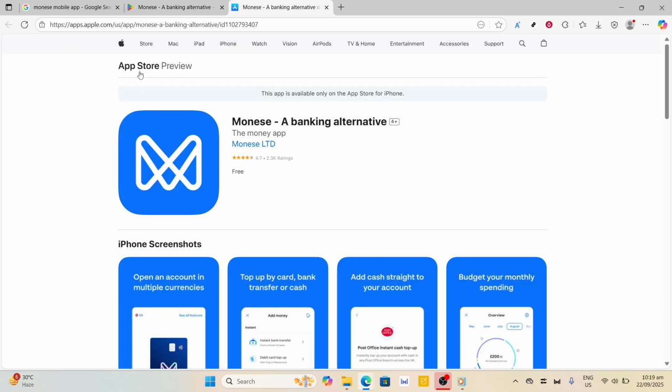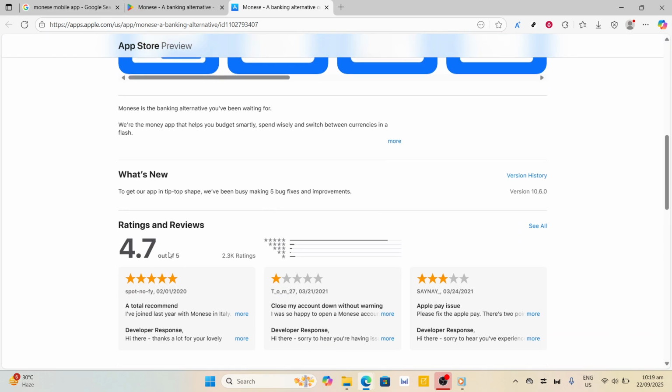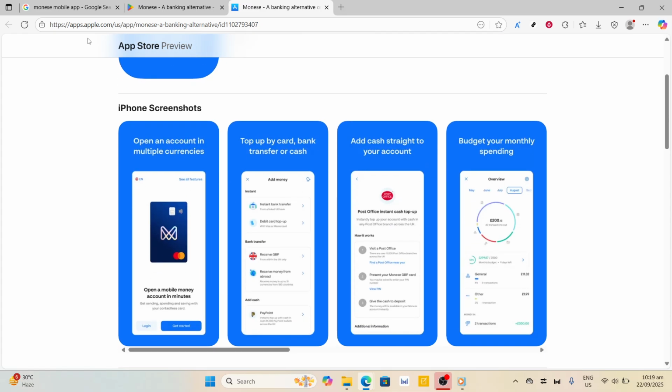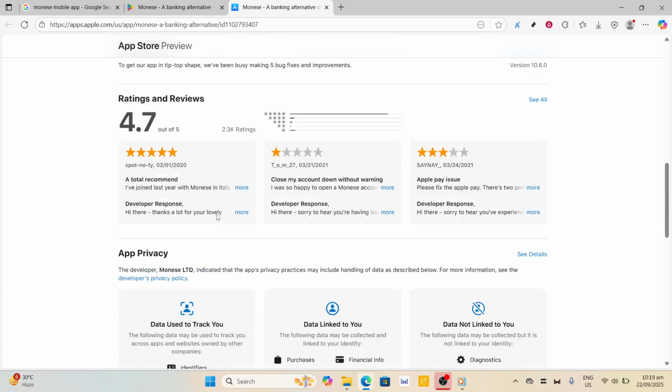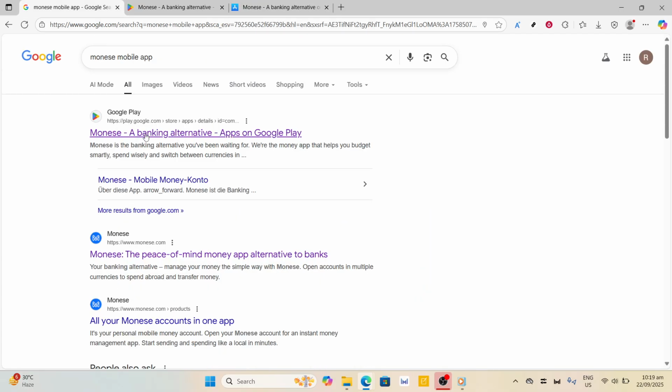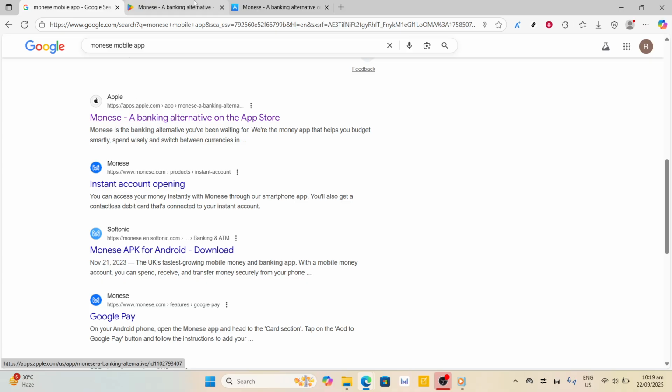Now that you've clicked on the appropriate link for your device, you should arrive at the Monese app page in the store. Here, you'll find detailed information about the app, including reviews, ratings, and maybe some helpful screenshots or videos. Before proceeding, I recommend taking a moment to glance through the app's description just to familiarize yourself with its features